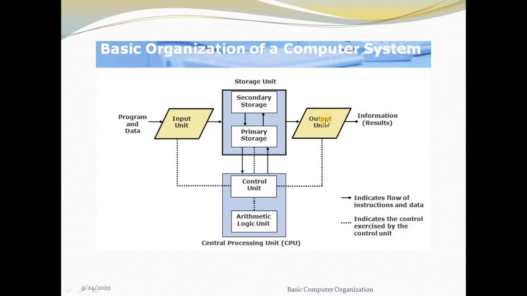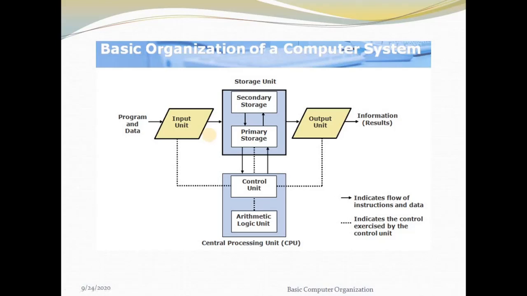Then we discussed storing, which is done in the storage part. And then we discussed processing. In the processing part itself we have indicated the control unit and the arithmetic and logical unit, or you can consider them as separate as well. The processing is done by the arithmetic and logical unit, and the controlling is done by the control unit. So for each functionality we have one separate block which performs the corresponding functionality.